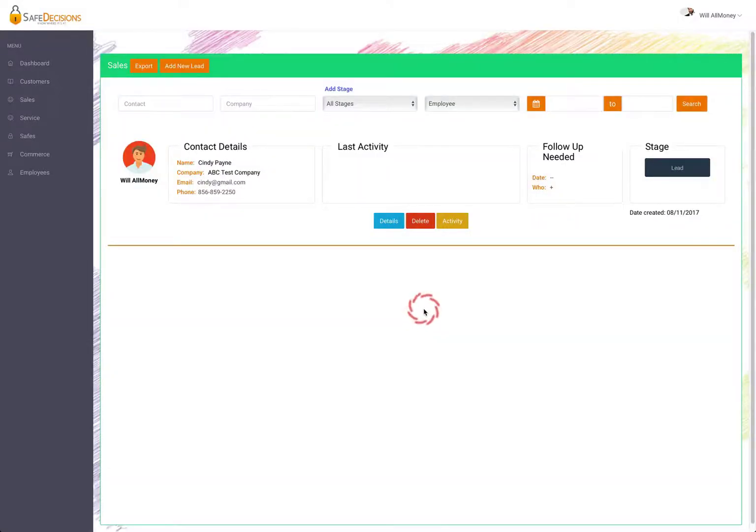Now when we add the lead, you see that it defaults the stage to lead, and we have the information that we put in here and the picture here for Will All Money, so we can quickly see who's the salespeople that are working with that. Now we will make it so that that profile picture carries over. But the telephone number, if we click on it, you can't see it, but it comes up on another screen. The email address